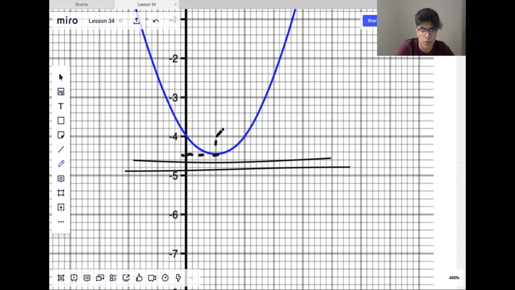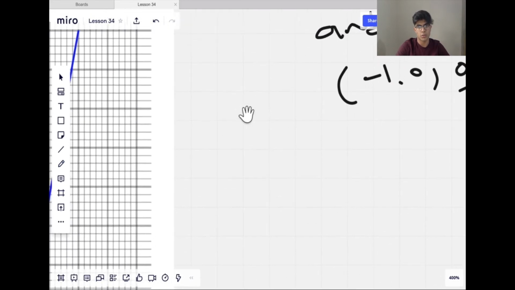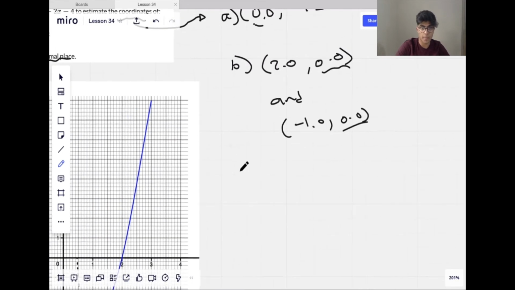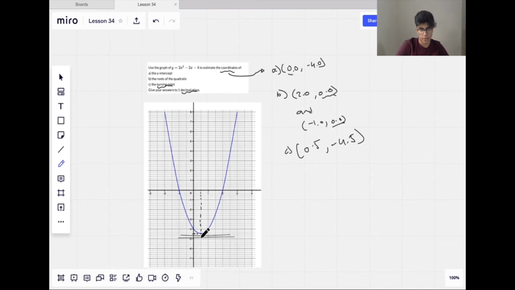And then if we work our way up, that looks like 0.5 to me. So we can say C is 0.5, minus 4.5. And that's how you identify those three graphically. It's really important to sometimes get a ruler out and have these dotted lines and work your way up. It also shows your working to the examiner, just to be a bit safer. But these are fairly straightforward in the sense that you just have to remember